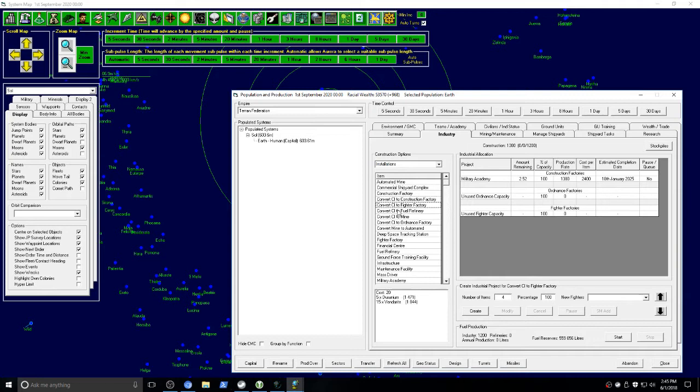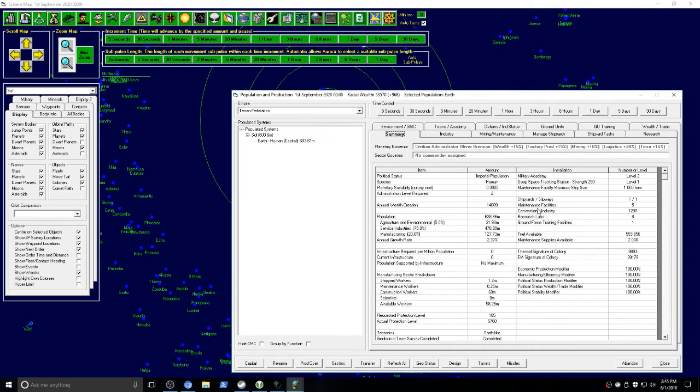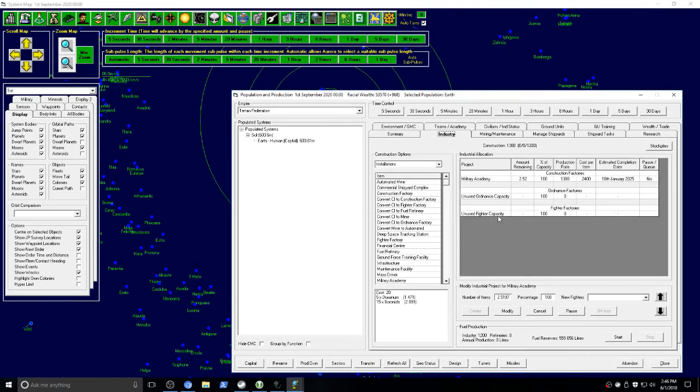Convert CI. Now, CI is what we have right now with our production rate that we're building stuff. It's in summary, I believe. It'll say that we have five maintenance facilities, 1,200 conventional industry, 8 research labs, 1 ground force training facility, and 1 deep space tracking station. We should probably get more of those at some point. But right now, the problem is...